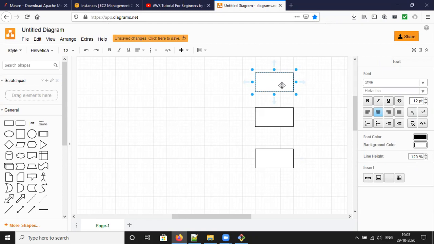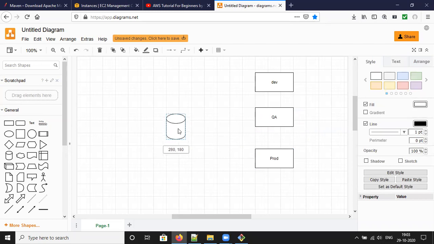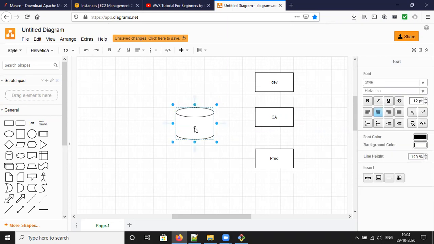One is the dev environment, the other one is quality, then production. In Git, we already discussed the environments. This is going to the remote repository, the Git remote repo.